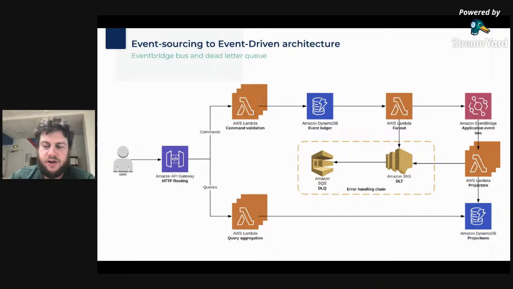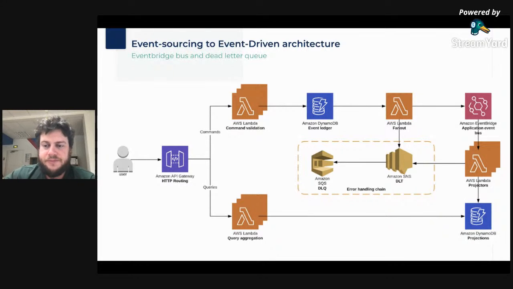Everything after the event ledger, down to the projection table, is asynchronous and can sometimes misbehave. In order not to lose any information that could make the projection out of sync with what we actually have inside our audit log, it is very important that we have this error handling chain on the projectors and on the fan out, actually putting all messages that could not be used to update projection inside the dead letter queue, a simple SQS queue, where we can find all the defects of the application.